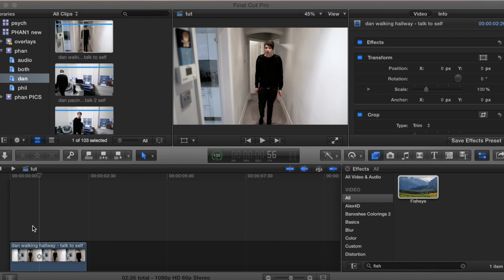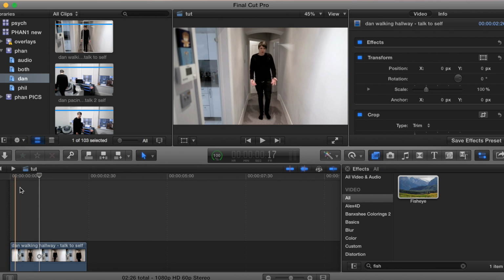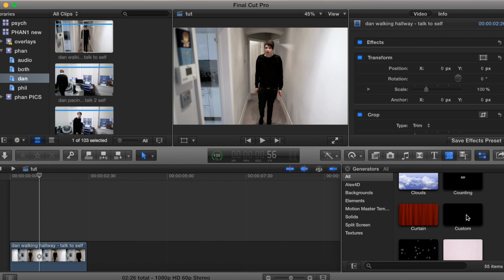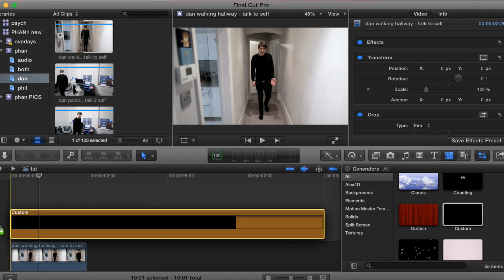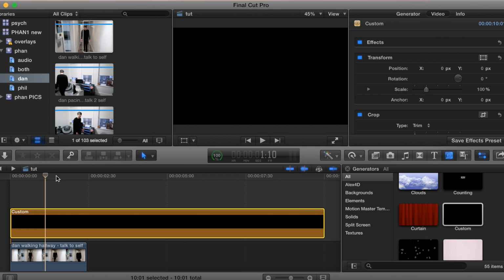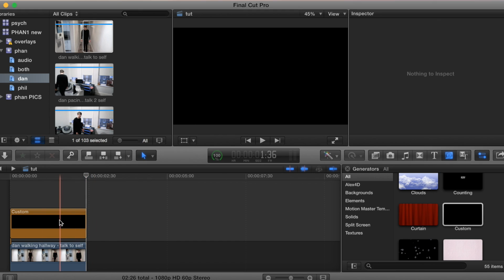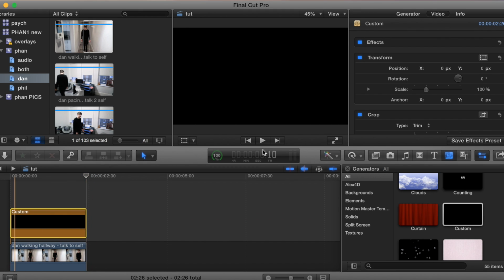Okay, so first you're going to want to find a clip that you would like to do this blinking transition on, and you're going to want to drag a custom generator over the clip, and just kind of cut it, use the blade tool, or click Command B so that you can make it the length of your clip. And then go to the first frame,